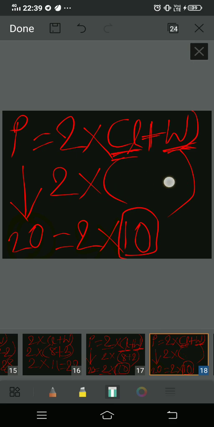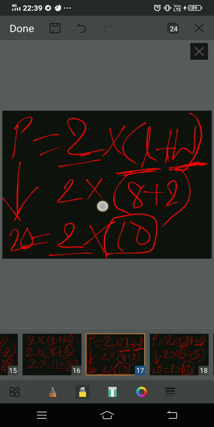Next, apart from 7, you can choose 6. 6 plus, you will have to do 4, then you will get 10. Apart from 6, you can do the addition with 5. 5 plus 5, right? Length and width, you can choose 5. 5 plus 5 and you get the answer 10. Isn't it? So you have got many numbers. Now 1 plus 9 gave you 10. 2 plus 8 gave you 10. 3 plus 7 gave you 10. 4 plus 6 gave you 10. And 5 plus 5 gave you 10. So you have to choose any two numbers, children, whose addition gives you 10.